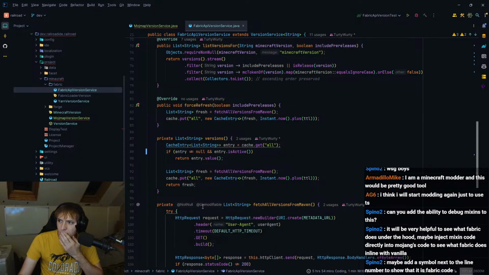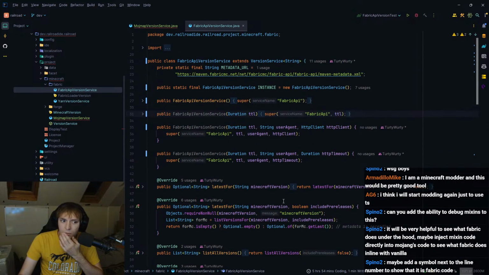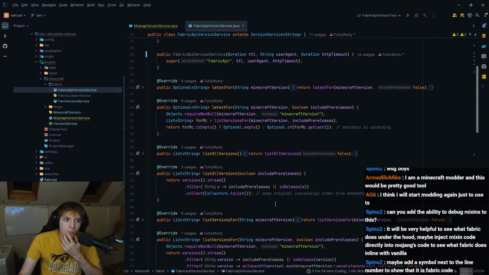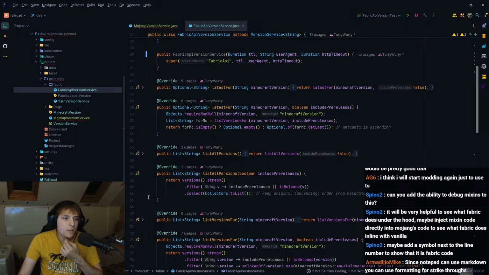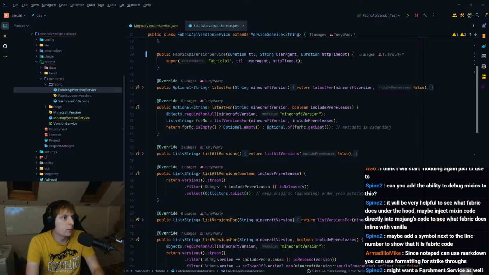why is this complaining? Don't know. It says no band can use Markdown. You can use formatting for strike throughs. You can. So if I just do double tilde and double tilde, no, you can't do that. Is it underscores? Does it want underscores? Nope.